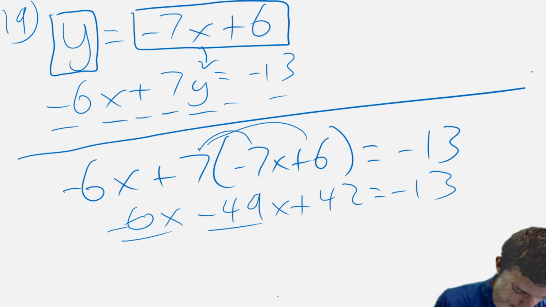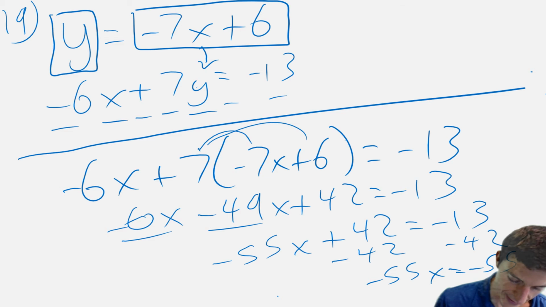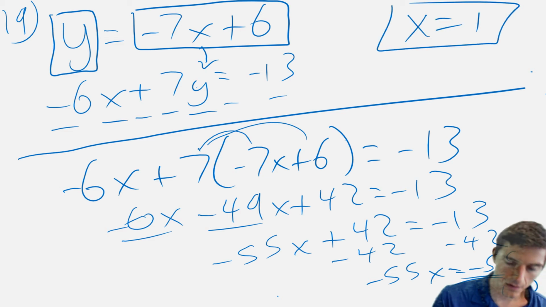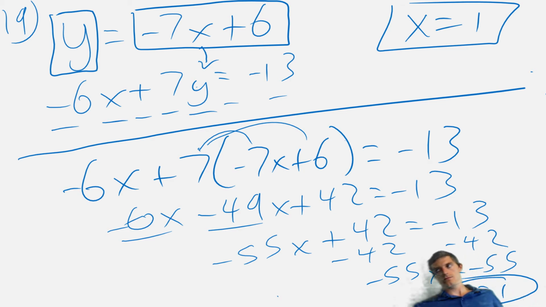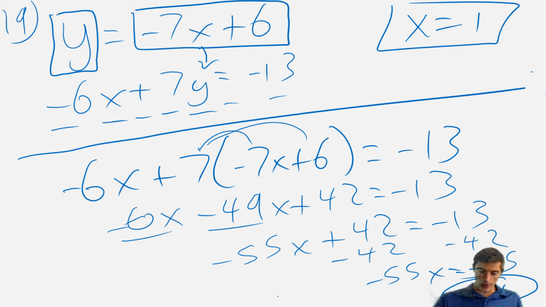So that's negative 55x. So if I subtract 42 from each side, I get negative 55x is equal to negative 55. So x is equal to 1. So don't stop after x is equal to 1, like that. So don't stop right there. What you want to do is, now that we know what x is equal to,